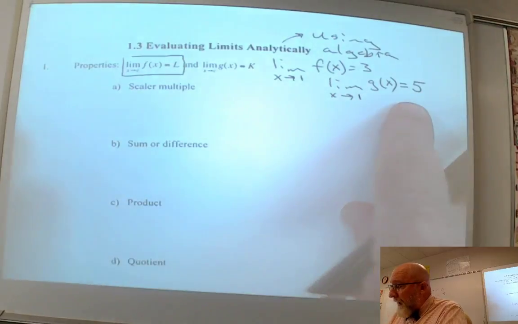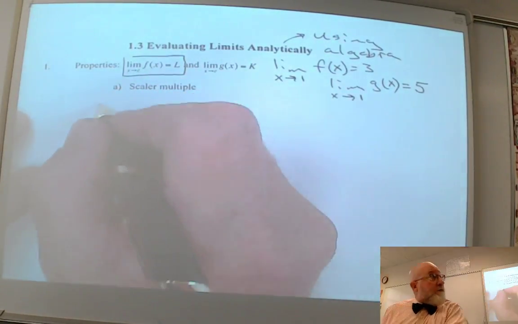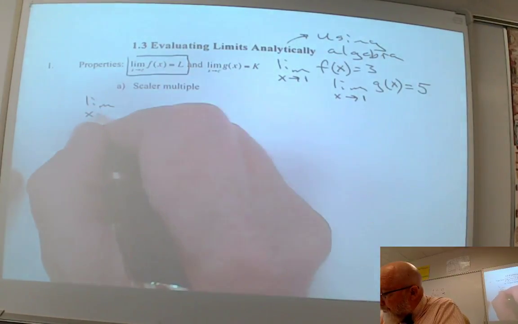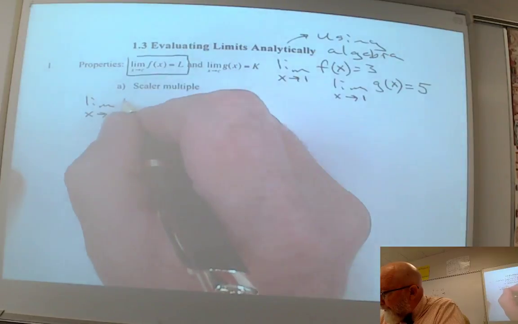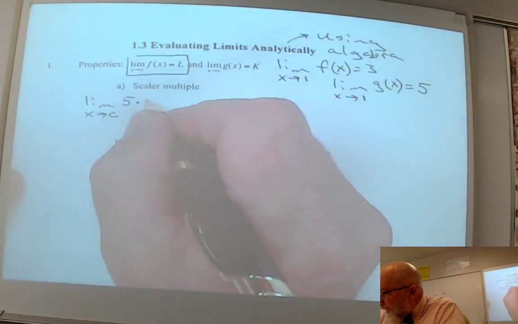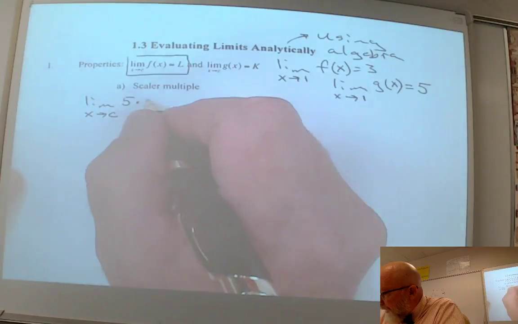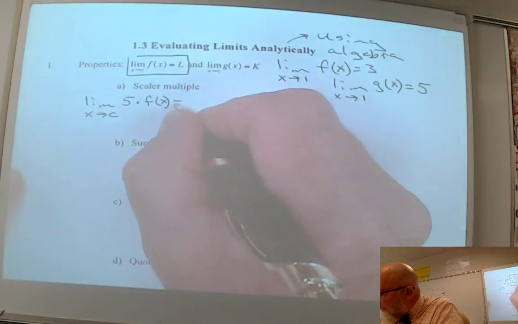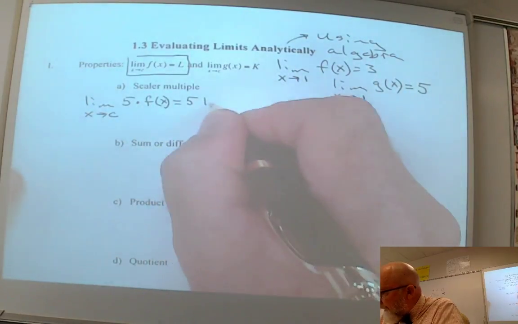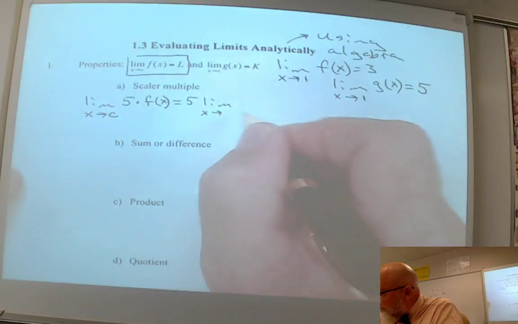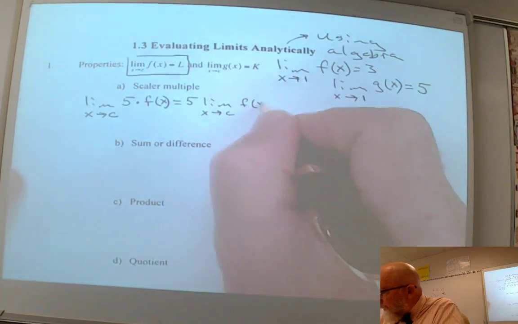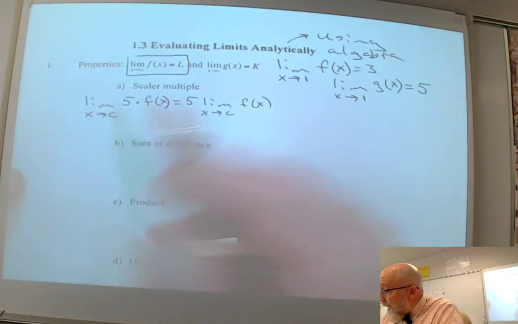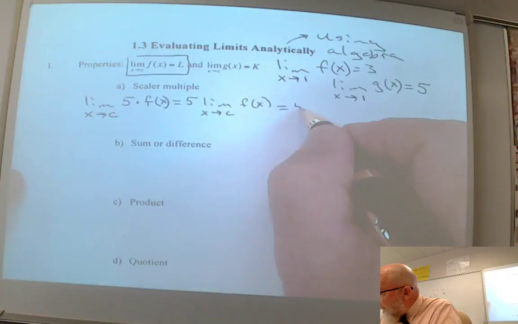Okay? So a scalar multiple really means I'm doing this. I'm taking the limit as x approaches c, and I'm multiplying my function by, let's choose 5. Well, that could be written as this, 5 times the limit as x approaches c of f of x. So in other words, I'm able to pull that constant out of here, okay? And that's going to give me 5L,